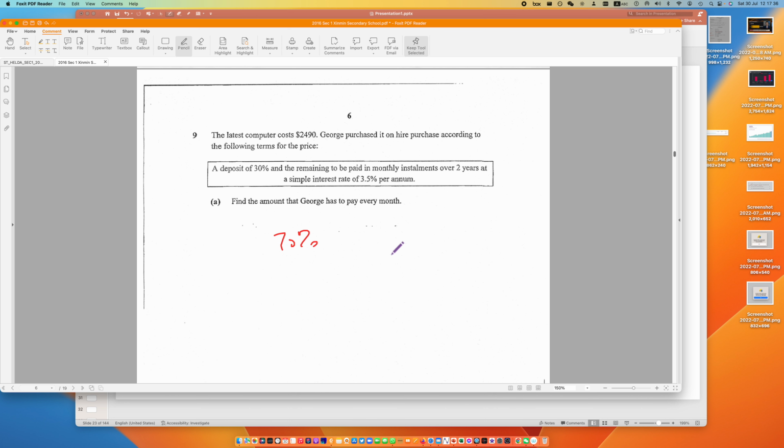70% not paid, because you pay the 30%. So 70% not paid. So 1743 not paid. So if this 1743 is not paid, what do you need to do? The bank is going to charge you what? Interest for it, right? How many years? For 1 year, 1 year is how much?